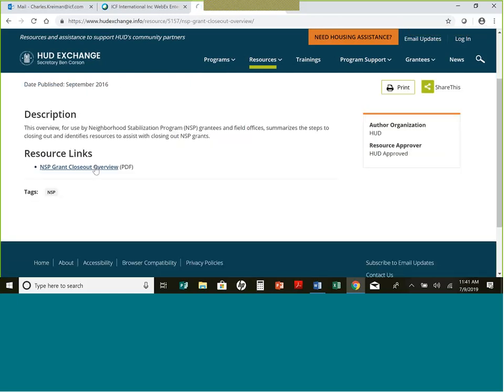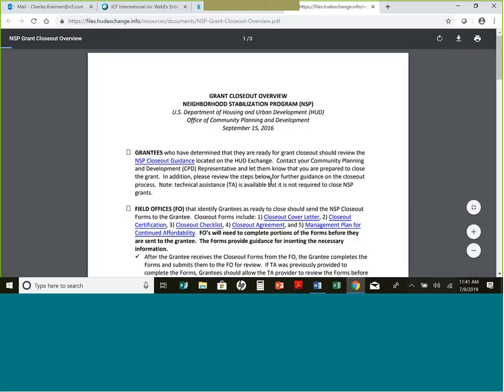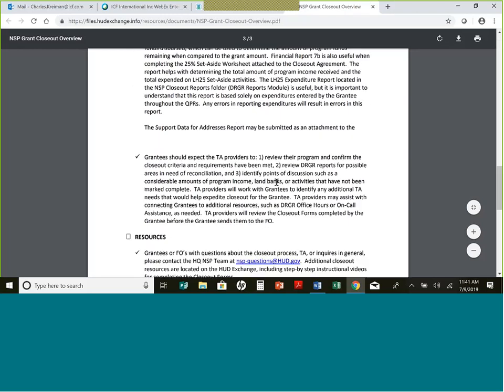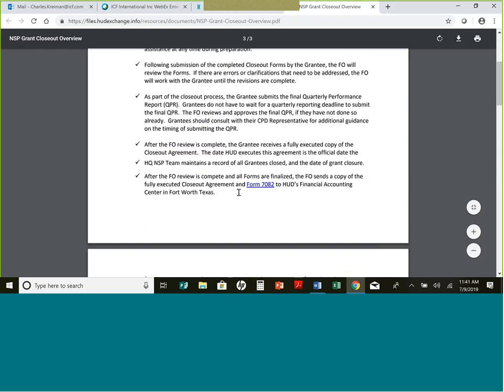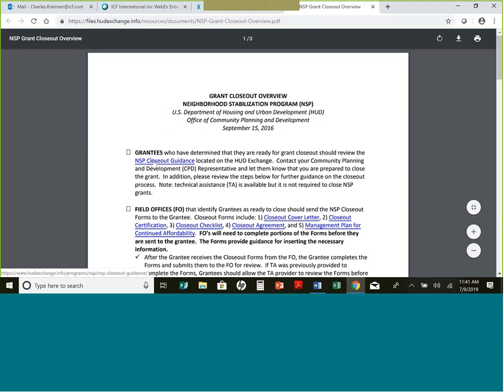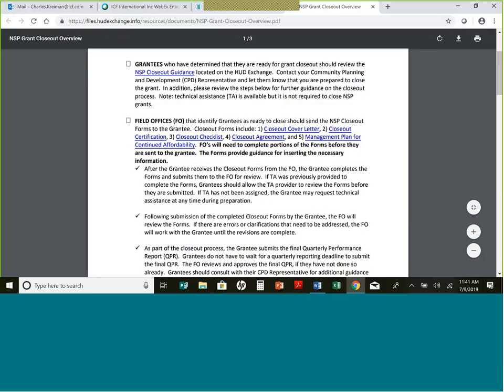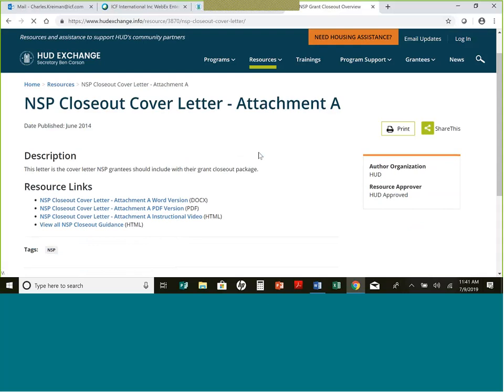here's another document at the beginning of this, the NSP Overview document. And this is a useful, short, 3-page document. The other thing I like about this document is, not only do they have a link to the closeout guide, which of course you already have downloaded in your closeout folder, but each of the actual documents is linked here. So you have a link to the cover letter,